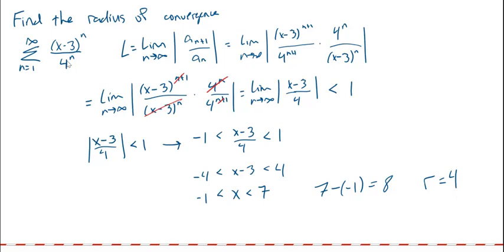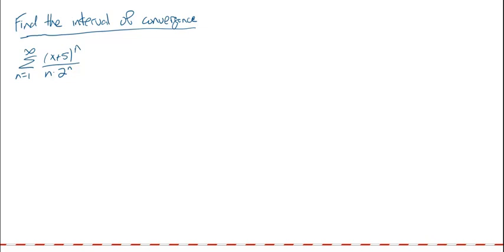I'm going to ask you for an interval on this one. So our next problem, we want to find the interval of convergence for this series here. What do we do for the interval of convergence? You should know. We use the ratio test. So L equals the limit as n goes to infinity, absolute value, a sub n plus 1 over a sub n,